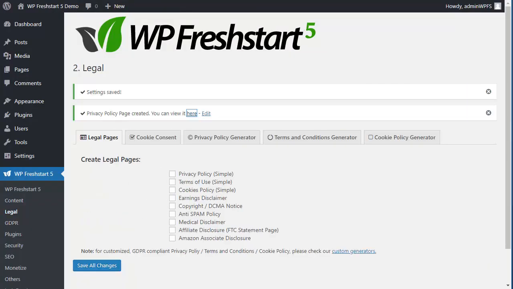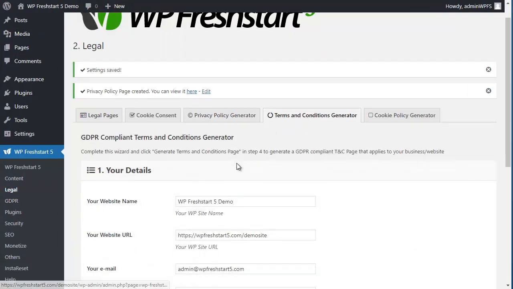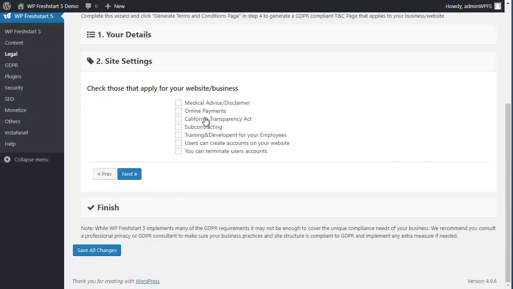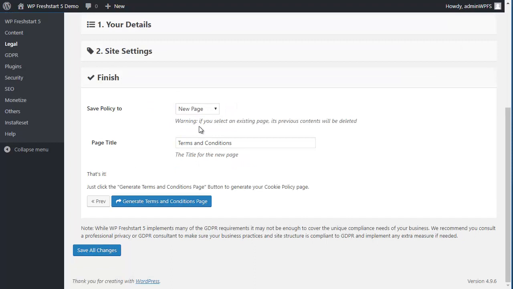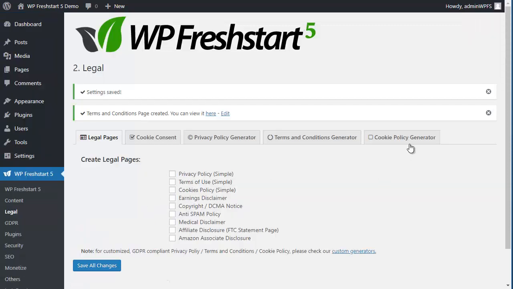We're going to do exactly the same thing for terms and conditions. Just enter your settings here. Next, anything that applies to your address, anything that you are using here. Next, again, you can create a new page, or if you already have a page, you can override the contents, but we're going to create a new one, terms and conditions, and we're going to do the same with the